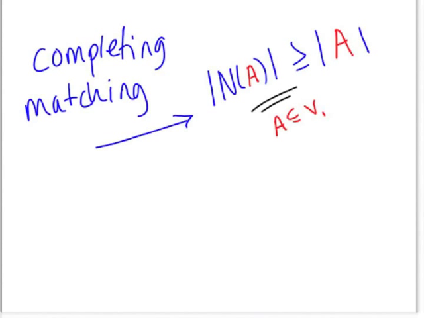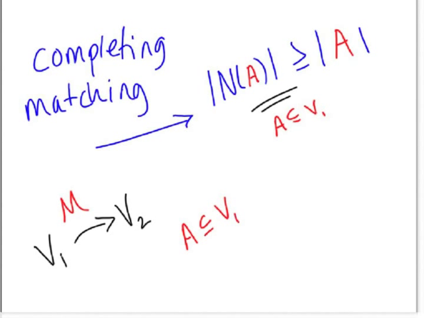So we have a bipartition from vertex set 1 to vertex set 2. We have a complete matching. That's what we're assuming to be true. And now let's say for any subset A of the vertex set 1, every vertex in A is an edge in M, and this vertex is connected to another vertex in V2 for any subset A of V1, then